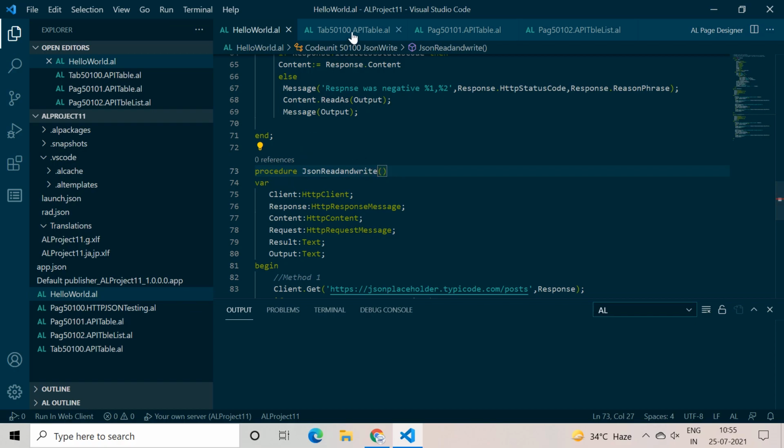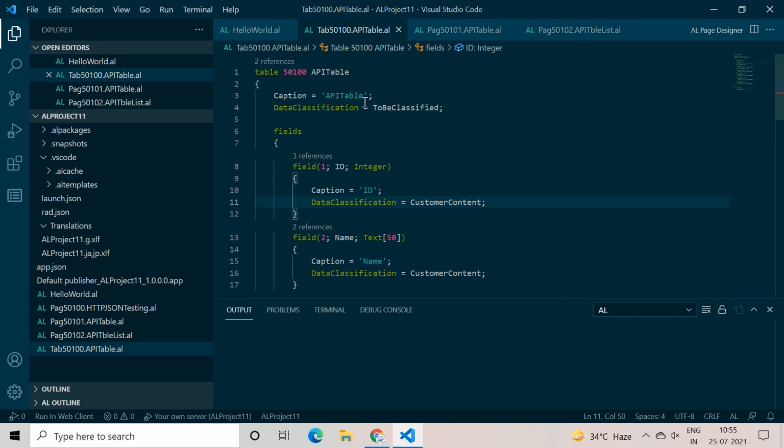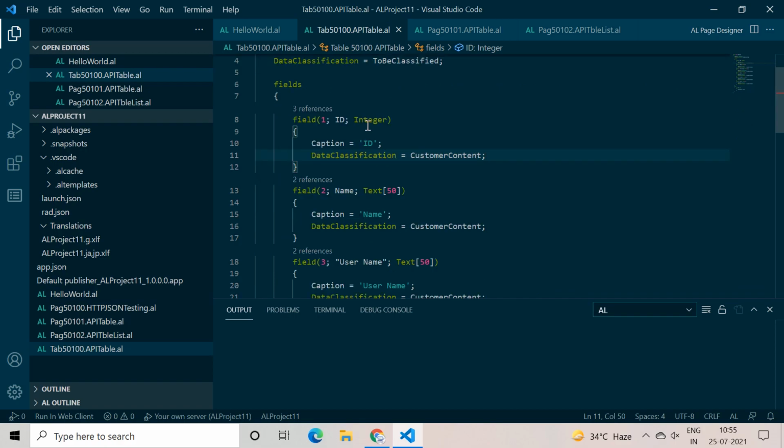Now head on to your custom table, and as our requirement is that as soon as the user inputs the ID field, on validate, the system should fetch the rest of the values of the table.